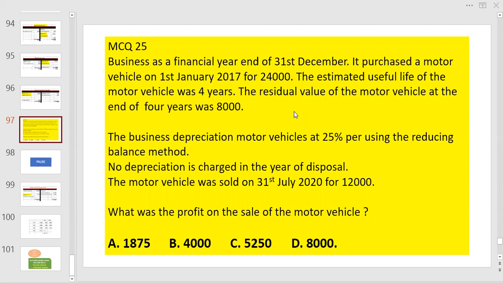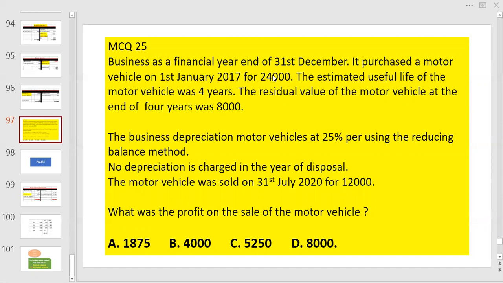Now here there is a question. There is a residual value. Residual value could be the scrap value, or it may be the resale value, or it could be anything. So at the end of the day, a motor vehicle can realize as an asset or a scrap, even for the weight of the steel or iron, it will realize 8,000 as an estimate. Now the question here is,